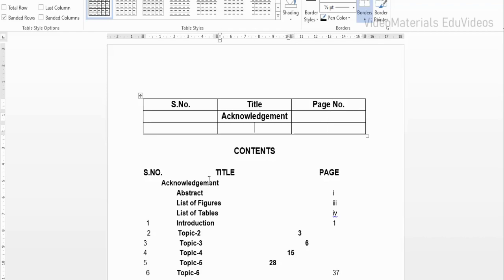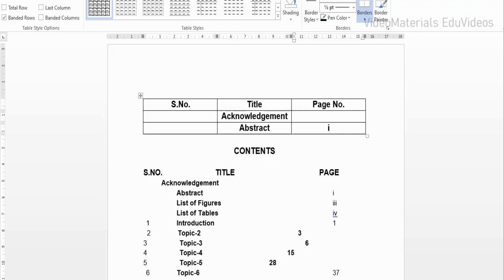Then in the next row, serial number is empty, followed by abstract as the title, and here the page number for abstract that I would like to give is Roman letter 1 if it is necessary. It is not numerical page numbers, because this is not the actual content that we are preparing. This is only the abstract page of the particular technical seminar report.